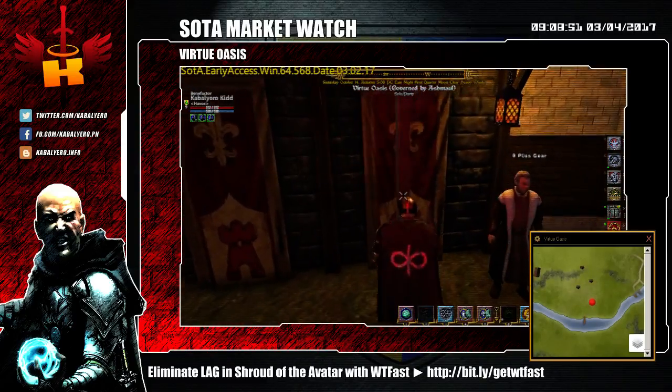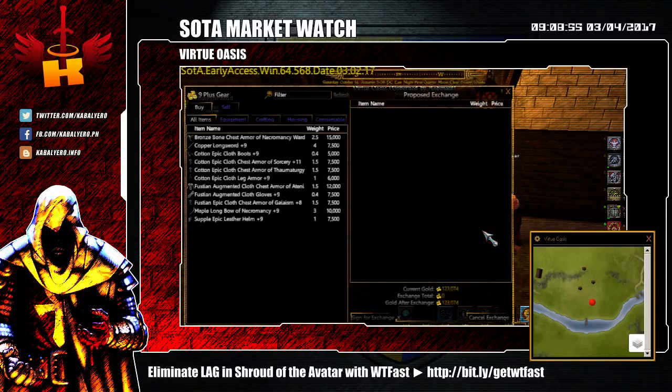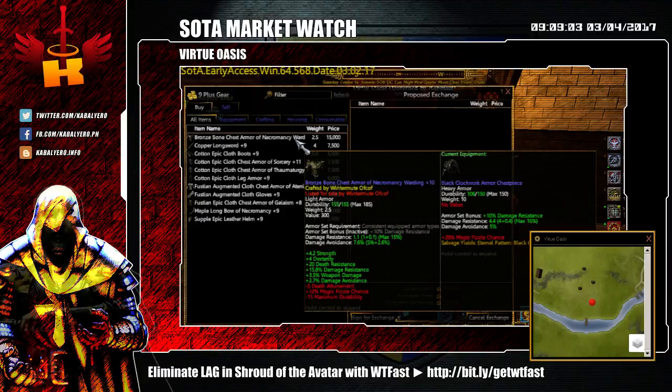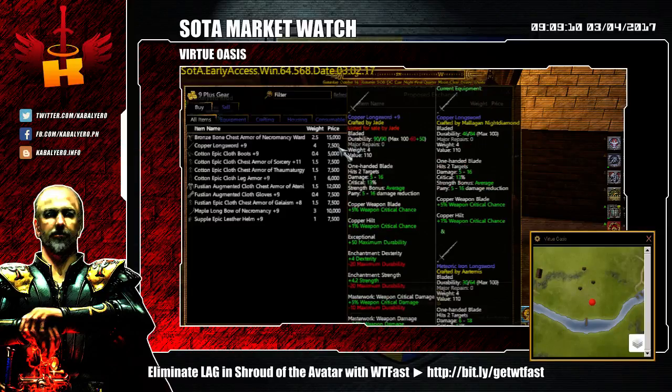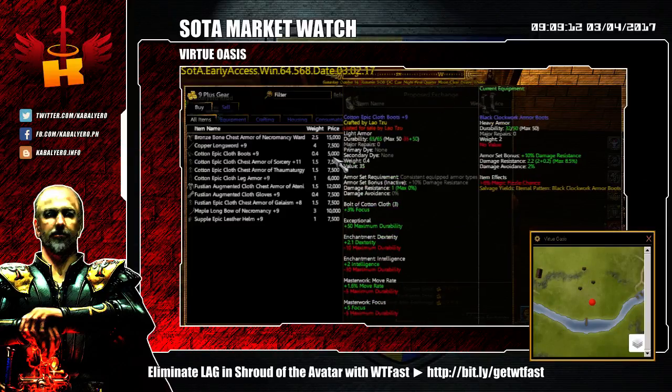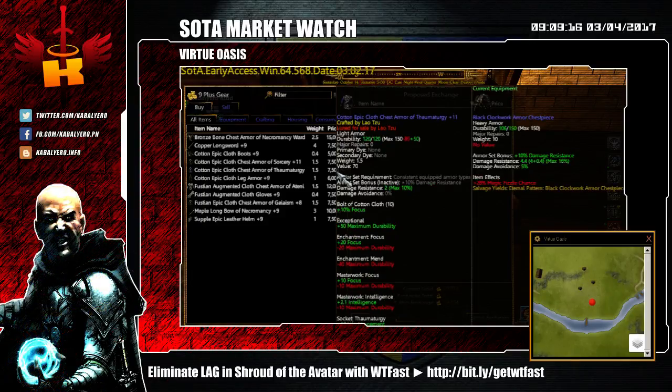And next we have 9 plus gear. Okay, obviously these are going to be expensive items because they are 9 plus gear. So I'm just going to browse through them. This one is 15,000 gold. Okay, copper longsword plus 9. So just check out the stats, and if you think the stats are good, then come down here to